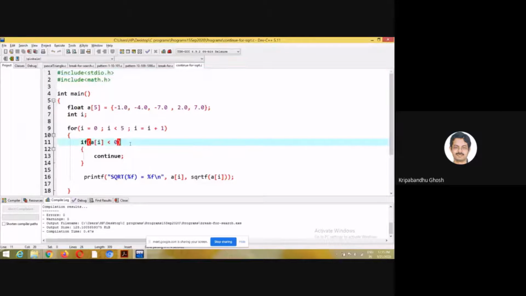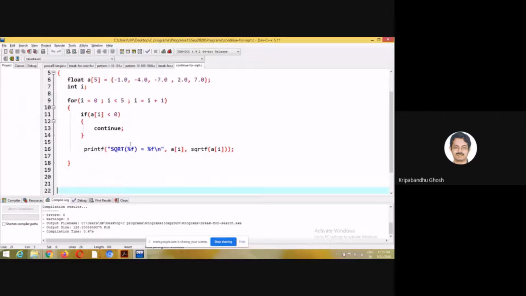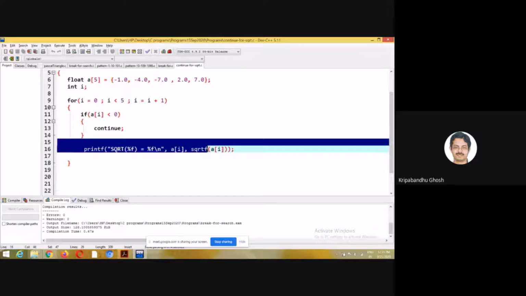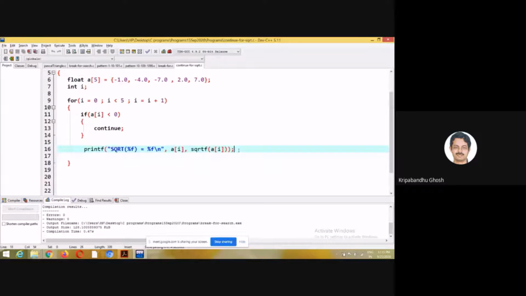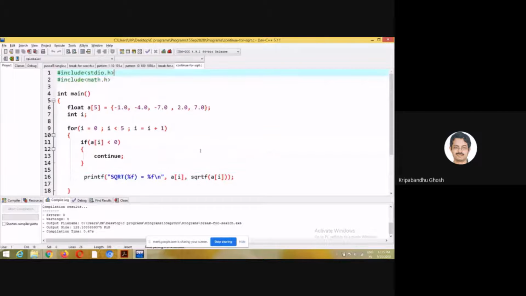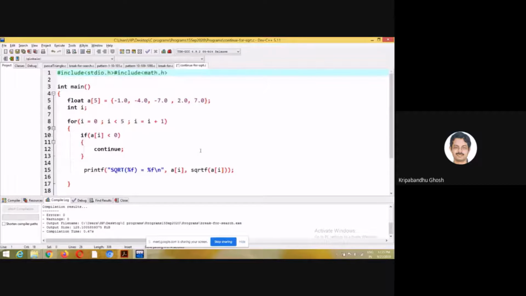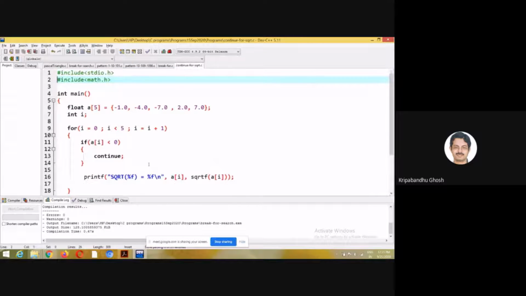What that does is, whenever you write a continue, it will ignore the remaining portion of the body. So here, this is an array, a float array with 5 elements in it.